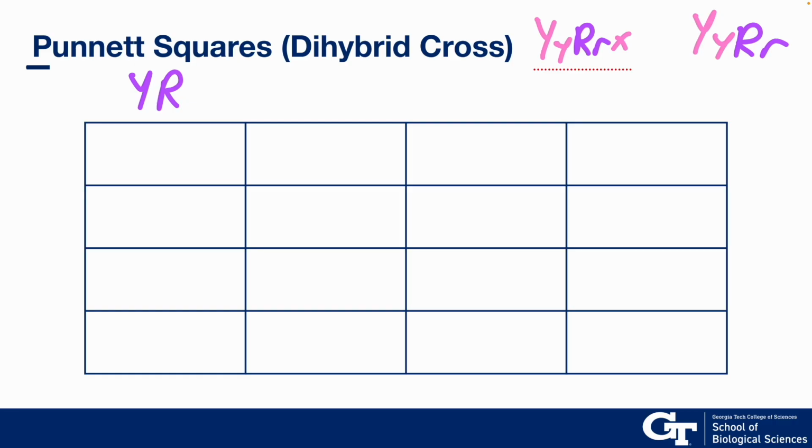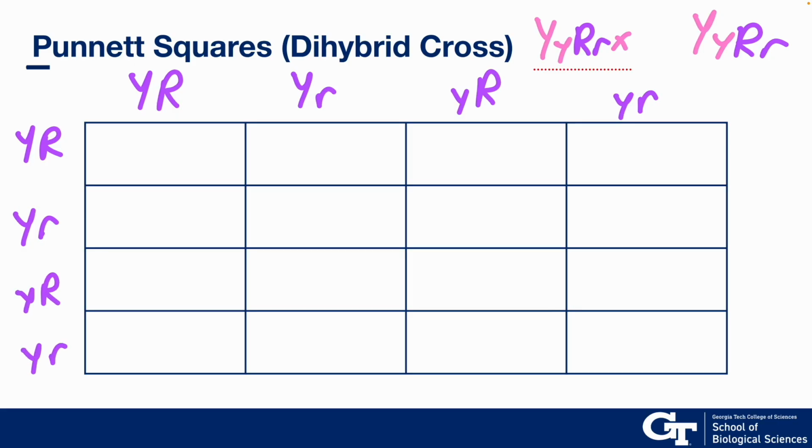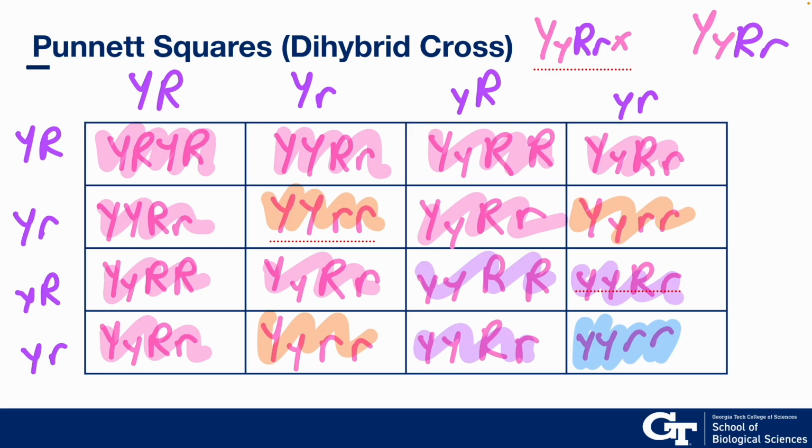So big Y, big R, big Y, little y, big R, and little y, little r. And we do this on both sides because that's how we would want to distribute the two different traits. And those are all the different possibilities. So then when we fill in this chart, we have the different homozygotes and heterozygotes, and we see them distribute themselves, and I've done the different highlights for this, but we see them distribute themselves in